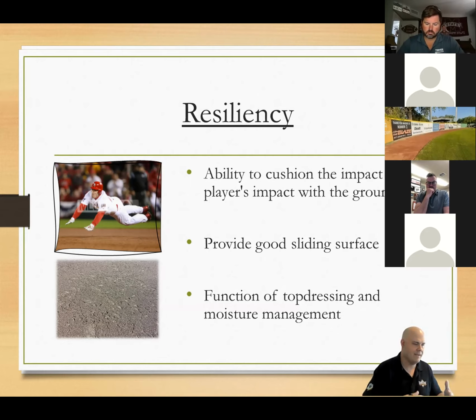If it's a field that has 4 or 5 games played on it a day, it's going to be important that the soil is structured correctly, that you have the right sand, silt, and clay in it so that it can take that traffic all day long. And this will help with the material not wearing, or your surface grade not wearing out as quickly, and having those low ruts, which is going to cost labor and extra time to dry out.